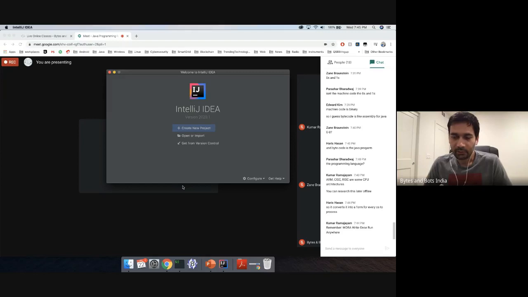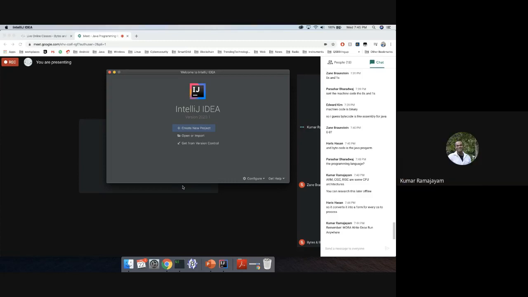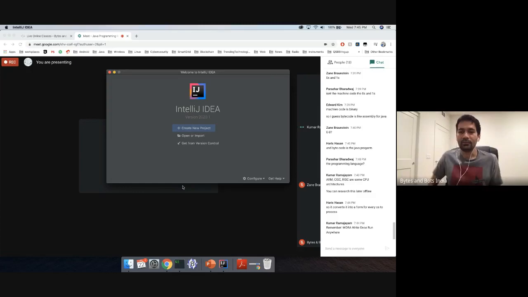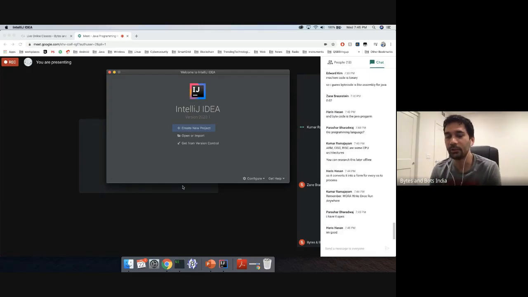So once everyone is ready, we should be seeing something that is on my screen. Welcome to IntelliJ. Let us know where you are if you have opened IntelliJ. Feel free to unmute and speak up if there's any problem.